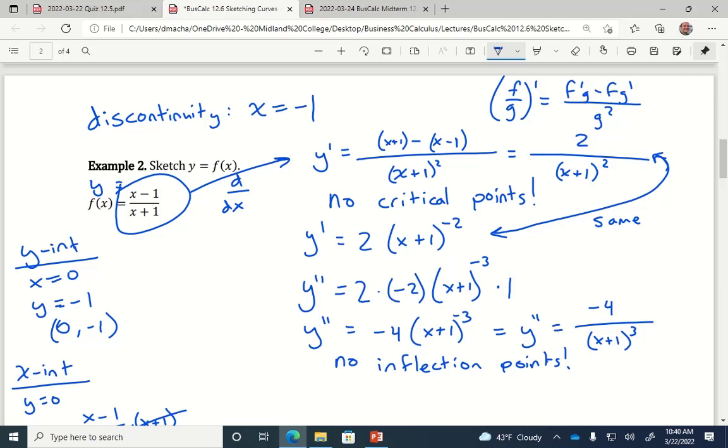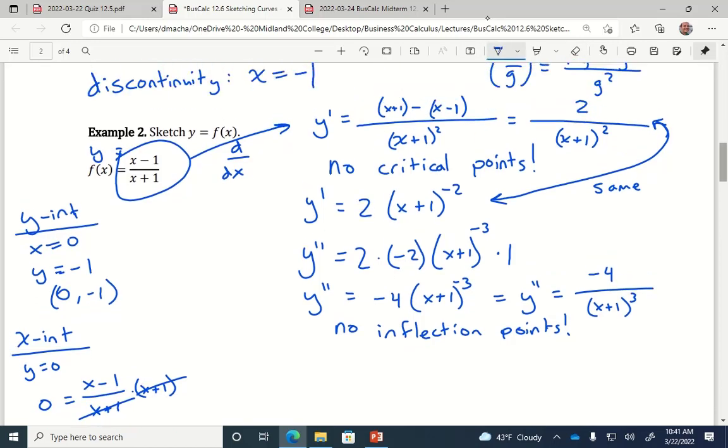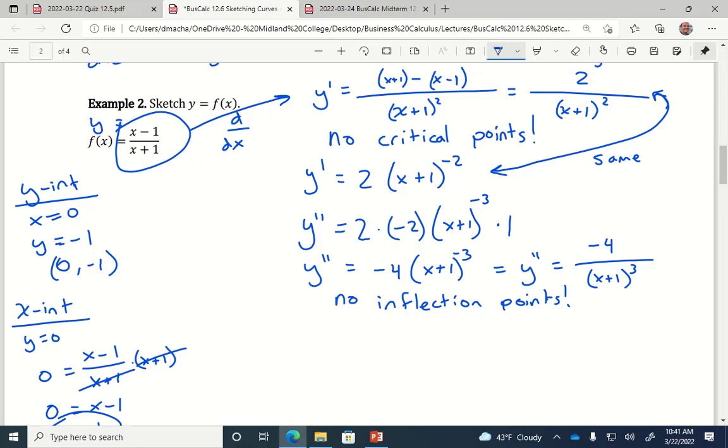You can still go from concave down to concave up or vice versa over a discontinuity, but you can't where the function is defined because this second derivative formula does not permit any kind of 0. No matter what value you choose for this x, you can never make the second derivative equal to 0. So we can't have an inflection point. Okay, that covers everything through